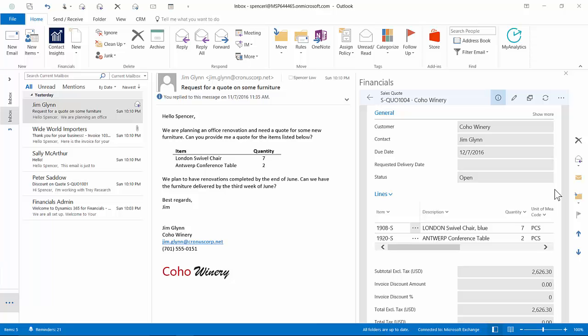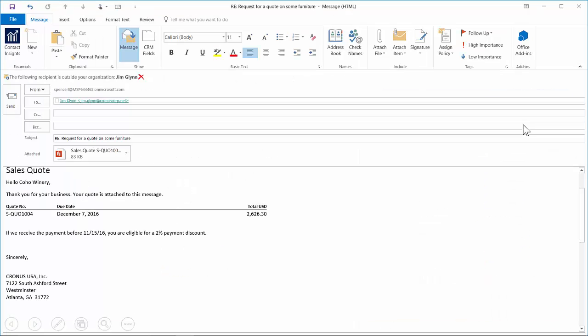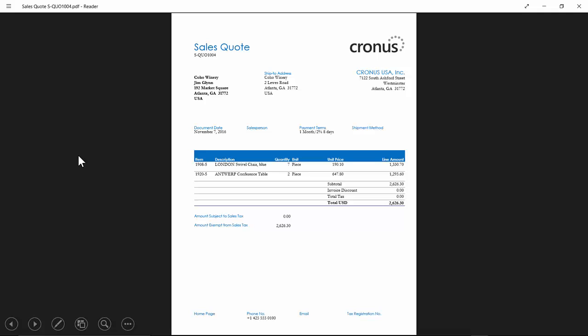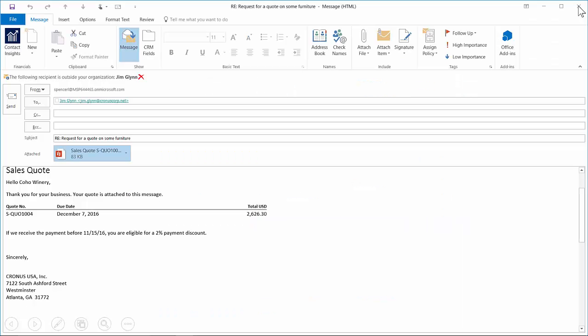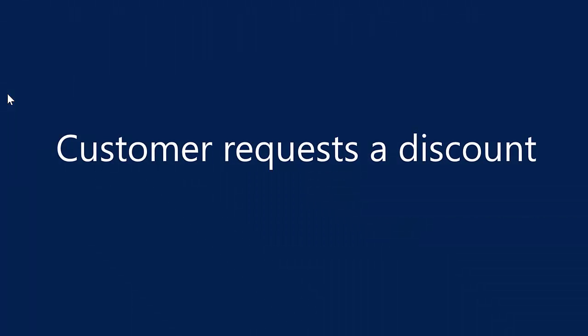Now the next step is to send this via email. So we'll come back to the quote, and from that same email, we'll send the sales quote to the customer for review and eventually approval. Over on the right-hand side, the ellipsis, we'll send by email. The sales rep reviews the sales quote just to confirm by opening up the attachment. Okay, we close out of the attachment. Looks good. And then we'll go ahead and hit send to the customer. Now you notice that saved a lot of time in data entry and the connection of going back and forth